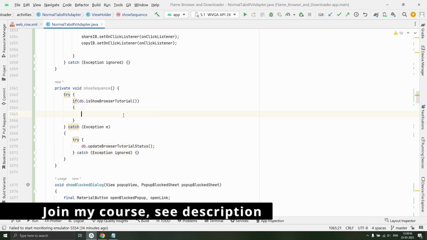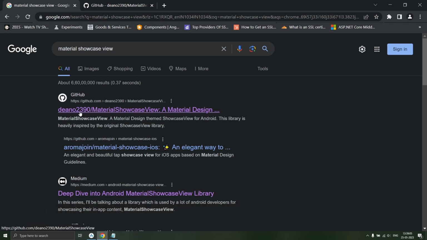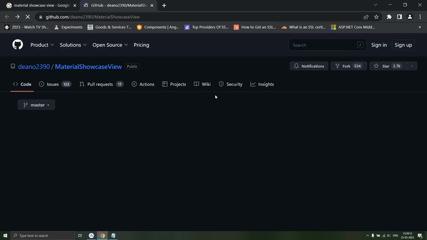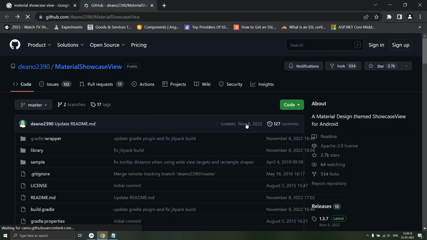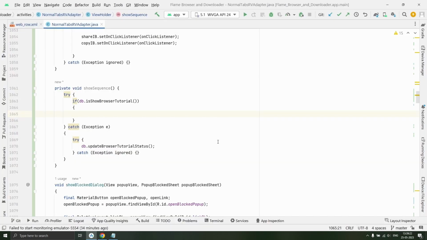Now we want to show the browser tutorial, so for that we will add one special library. Just search material showcase view, and by Dino 2390 we have the material showcase view library, a material design themed showcase view for Android. We are going to use that. So this is that library. It is licensed under Apache version 2.0 license. So first of all open